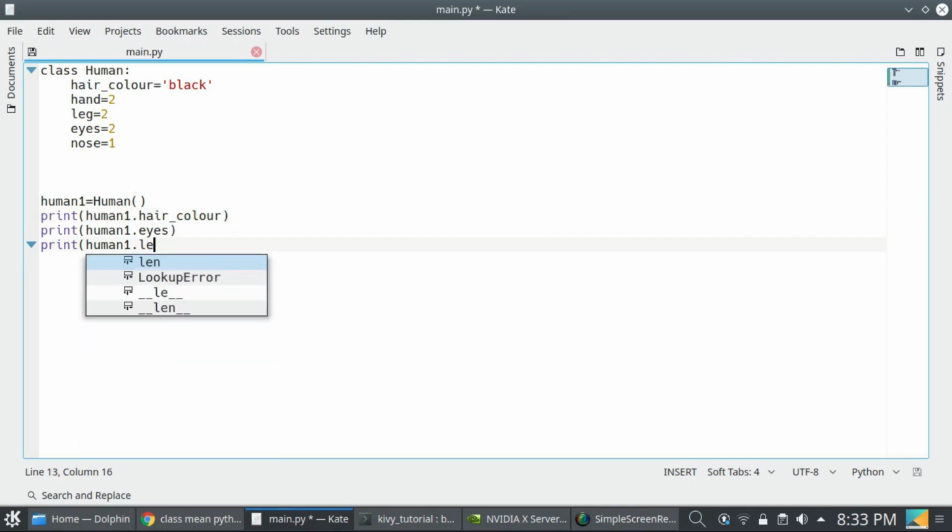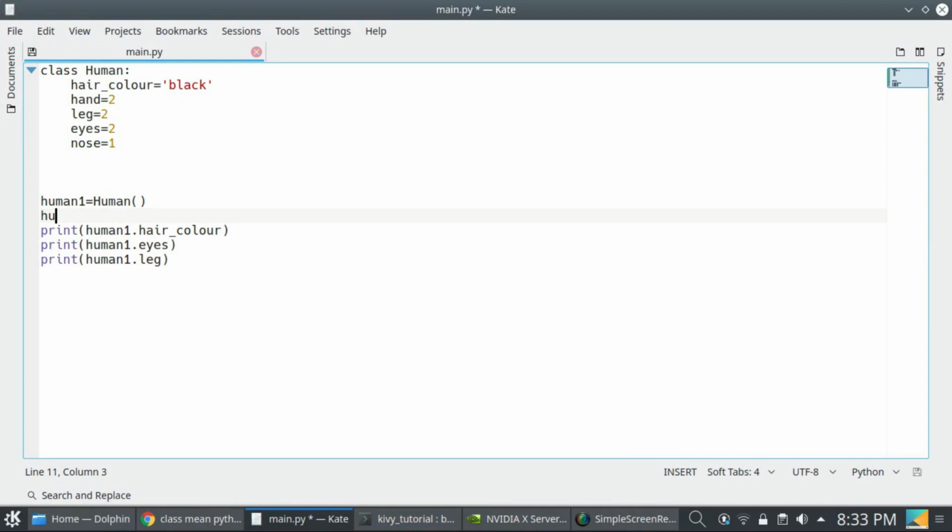And leg, so I can access it like this, or I can create another object, human2 equal to human. human1 and human2 are different objects of the same human class, so I can also access the attributes of the human2 object.